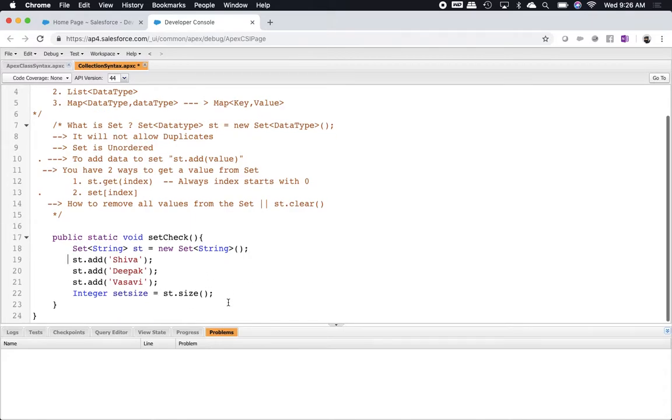What is integer? Integer is a data type. Size returns an integer, the number of elements. So you have 3 elements. I am storing it in set size. Set size is just a variable. Clear? So I am just displaying